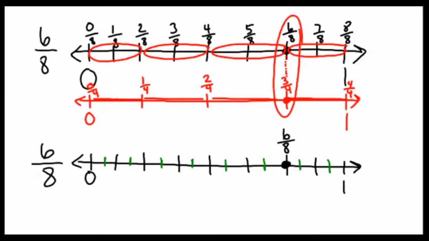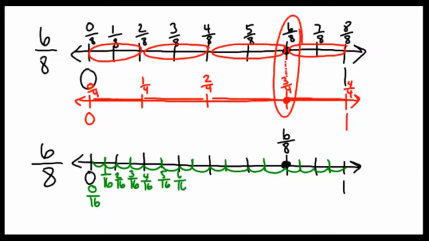Now how many pieces do we have? Let's count. 1, 2, 3, 4, 5, 6, 7, 8, 9, 10, 11, 12, 13, 14, 15, 16. Now the fraction is supposed to be out of 16. So 6 out of 8 is equivalent to what? Let's write the fraction for each one. 0 out of 16, 1 out of 16, 2 out of 16, 3 out of 16, 4 out of 16, 5 out of 16, 6 out of 16, 7 out of 16, 8 out of 16, 9, 10,